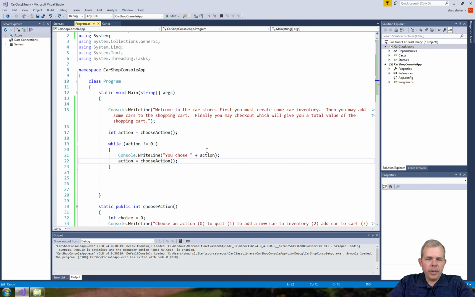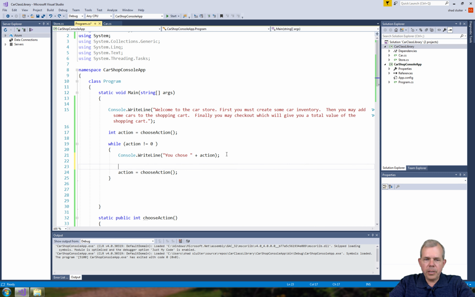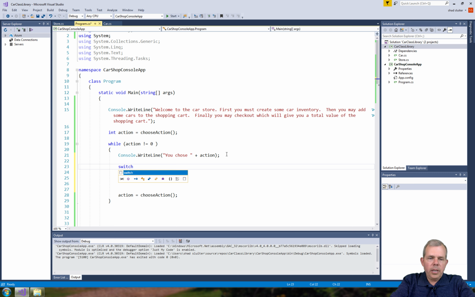So what we need inside of here is a case statement to tell us we can do different kinds of actions. So let's do a switch, and we're going to do a switch on the word action. So what does that mean? It means that we are going to handle a variety of cases. So let's say the first one is case 1. So I'm going to do a 1 : and now I can do some things in here that will create